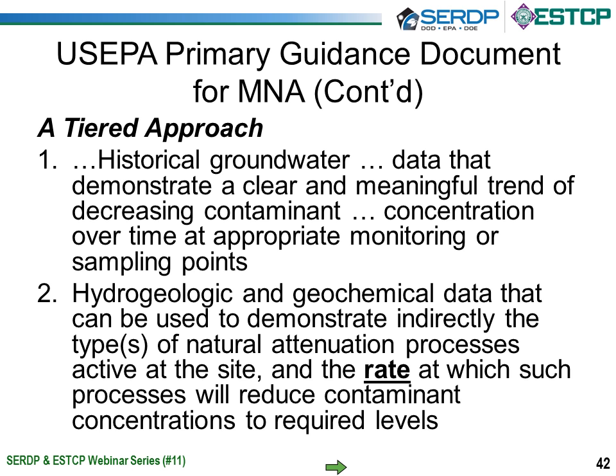And then if the first tier of evidence indicates that monitored natural attenuation may be appropriate, that can be supported by the second line of evidence, or second tier, which are geologic and geochemical data that can be used to understand the mechanism of attenuation and the rate at which the processes that are carried out will reduce the contaminant concentrations. And so basically what we did in our ESTCP framework is put some how-to-do-its around the OSWR 1998